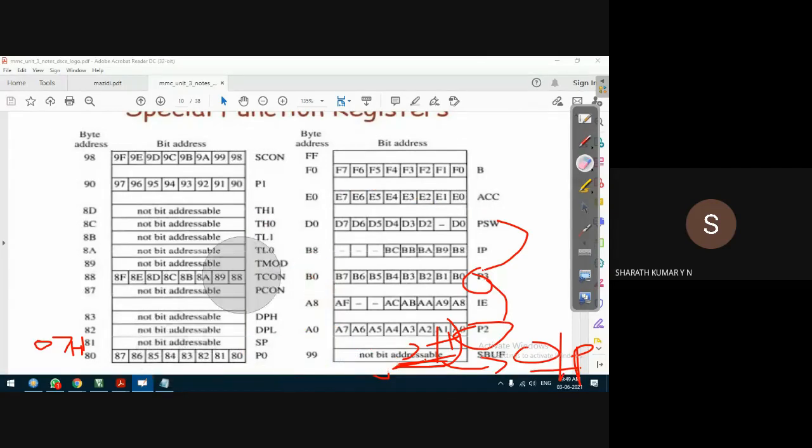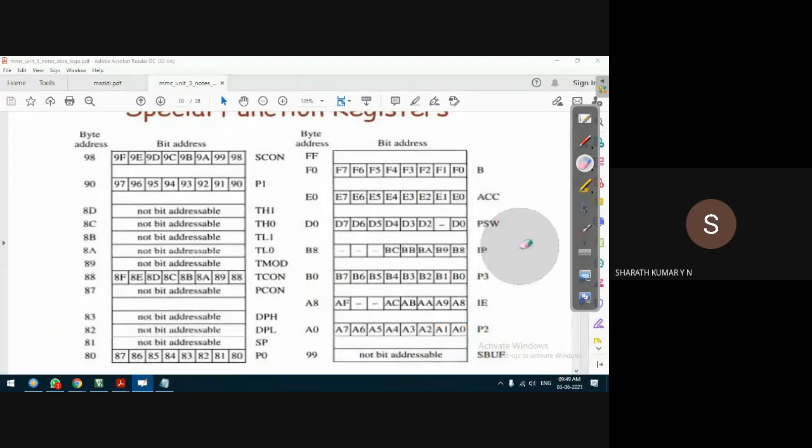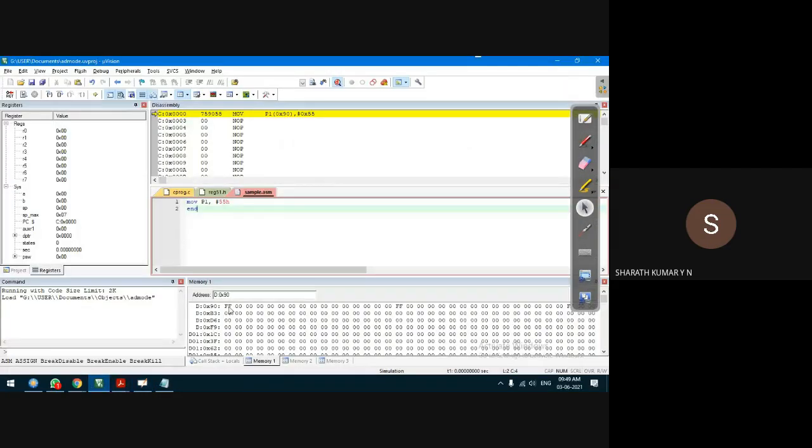You can change that, that's not a problem. We can configure the port as an output port also. That's why in this location, even though I have not run the program and have done only debug start session, you can already see that it's FFH. Because by default the microcontroller sets these ports to FF, so that they can be used as input ports, which we can change in the program.